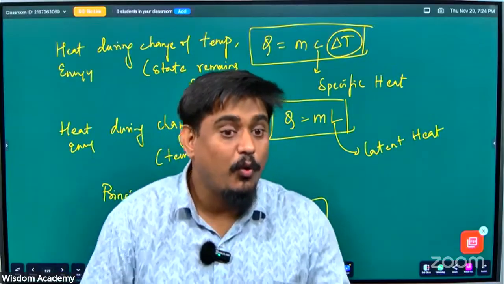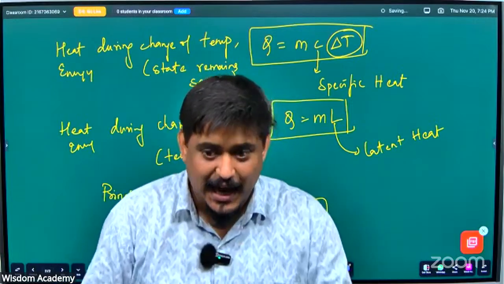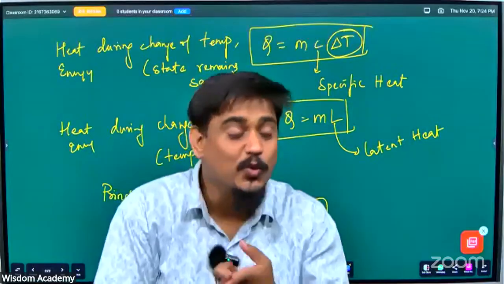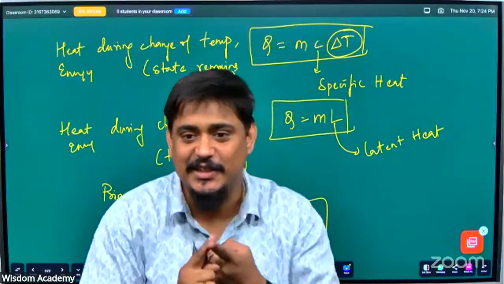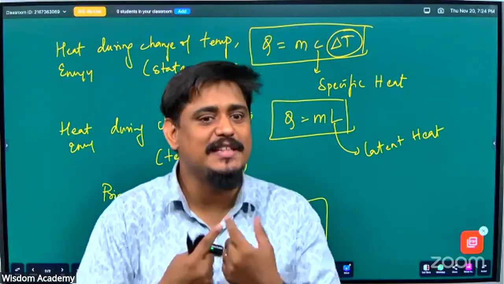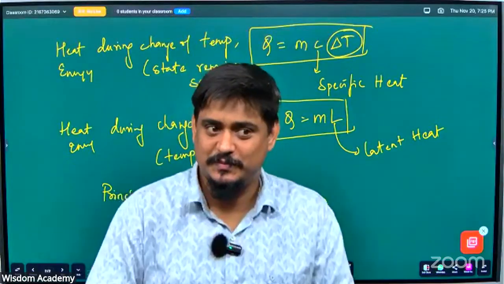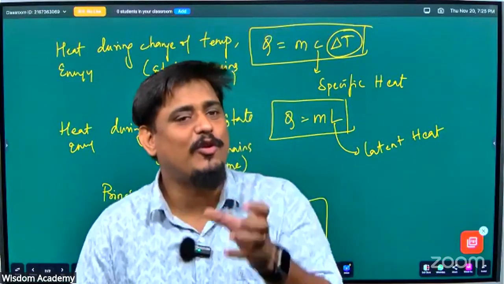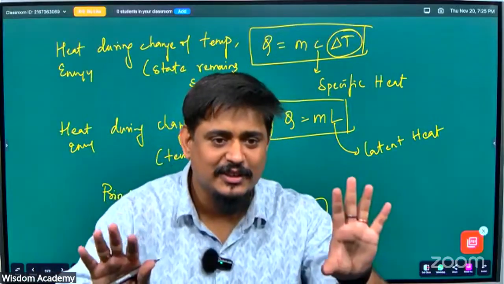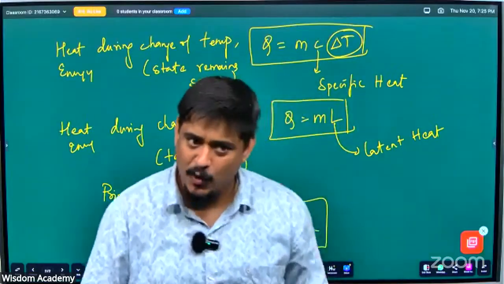So, a cold body has to gain energy to become hotter, and a hot body should lose energy to become cooler. In this case, who is gaining heat? Ice is gaining heat. Who is losing heat? Water is losing heat. Since water is losing heat, it is becoming cold. Since ice is gaining heat, it is becoming water. So the temperature of water will reduce. You kept it at 30 degrees Celsius, but it lost some heat, so it came to some 6 or 7 or 8 degrees Celsius, which you drink as chilled water. I hope you're understanding my point.